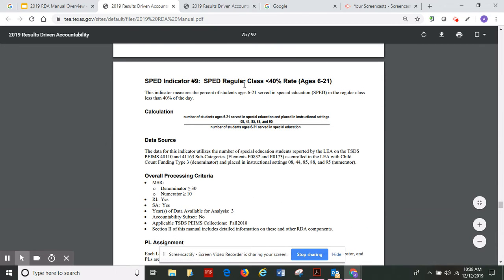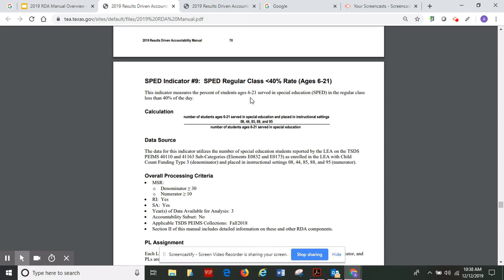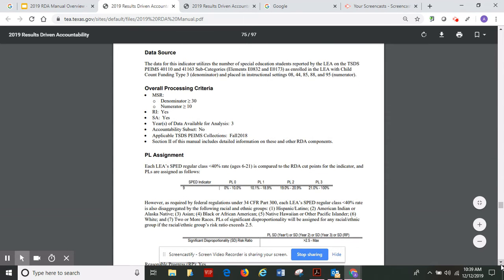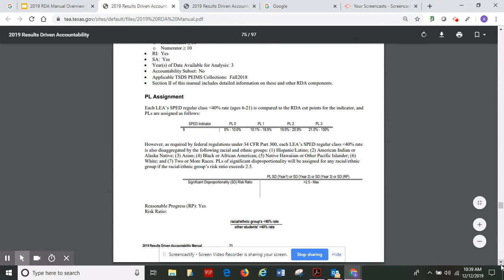If you look at this one, special education regular class, less than 40% rate, right? It tells us that this indicator measures the percent of students ages 6 through 21 served in special education in the regular class less than 40% of the day. Again, the calculation, the data source, the overall processing criteria is given to us here. It also gives us